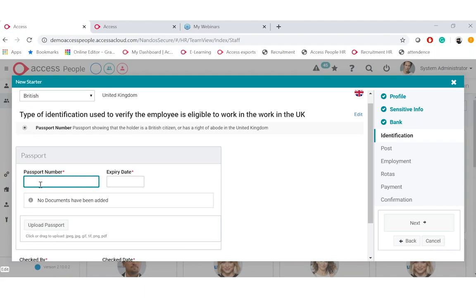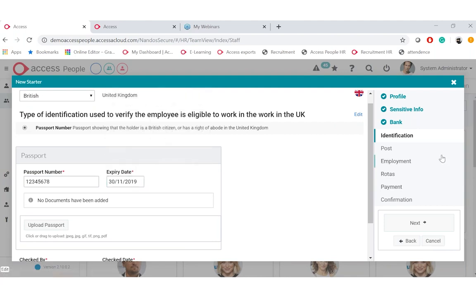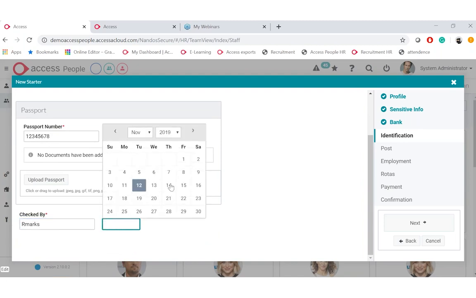I'm going to put my passport number in here. And we can simply upload that in the system.